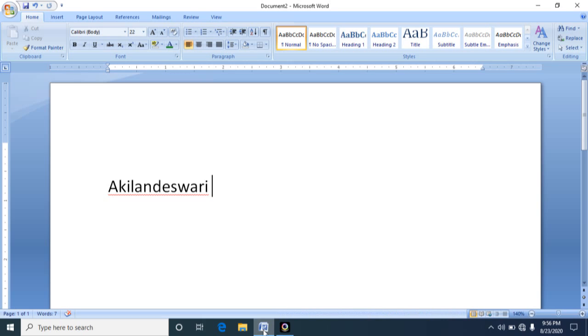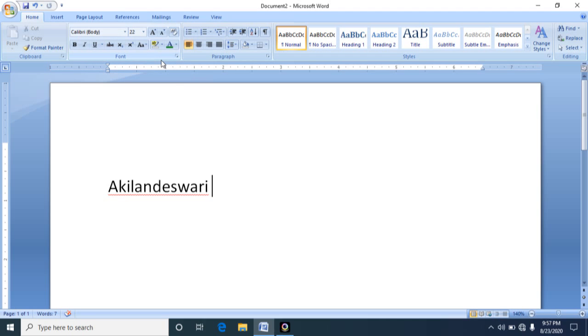Today our topic is formatting the document, and for doing formatting in MS Word we need two important command groups. One is the font command group and another one is the paragraph command group. So please follow my mouse. This is the font command group and this is the paragraph command group. Both are inside the Home tab. Currently I am inside the Home tab. Within the Home tab we have 4 to 6 command groups. Out of these, by using the font and paragraph groups we can format the text.